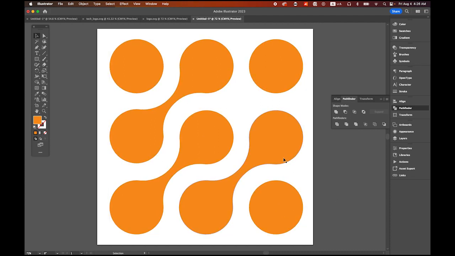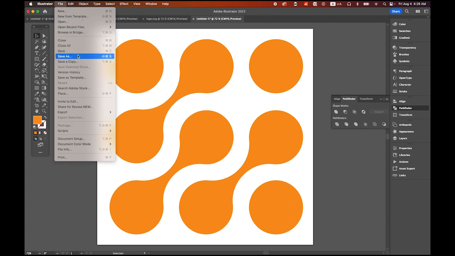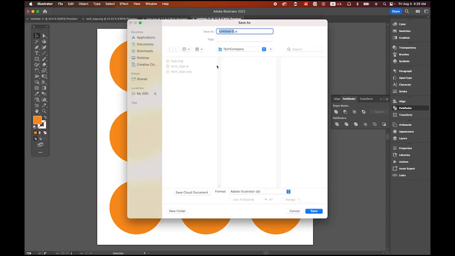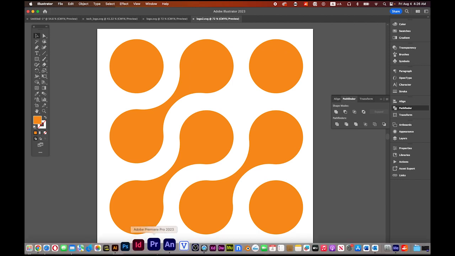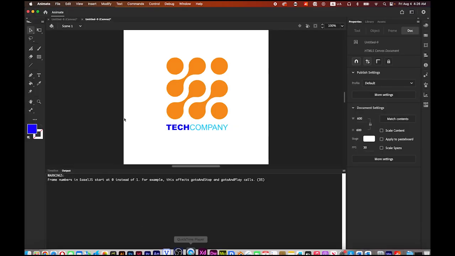Next step is I'm going to save this file as an SVG file so I can use it as scalable vector graphics in Adobe Animate. So go to File, Save As. Let me save it here. I have a few files already. Please choose SVG, Scalable Vector Graphics. And for the file's name, I'm going to name it logo, maybe number 2 this time. Save it. And OK. Now open Adobe Animate